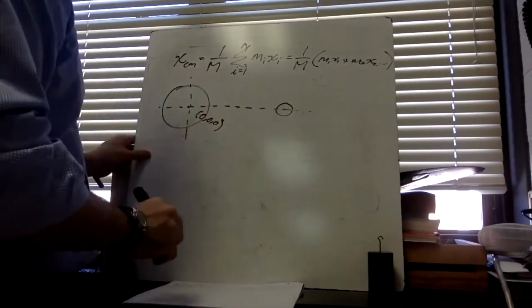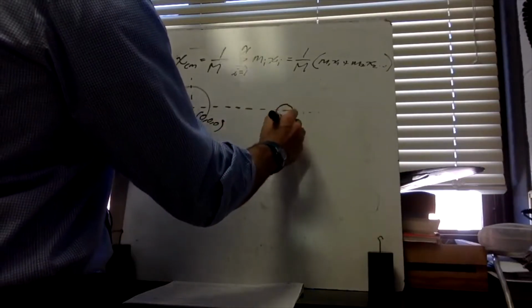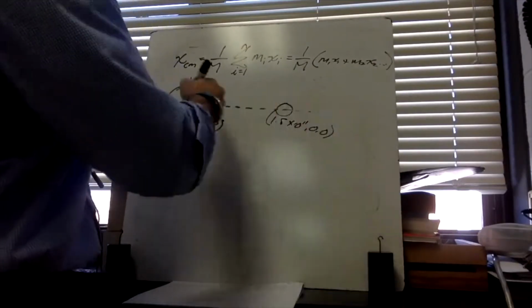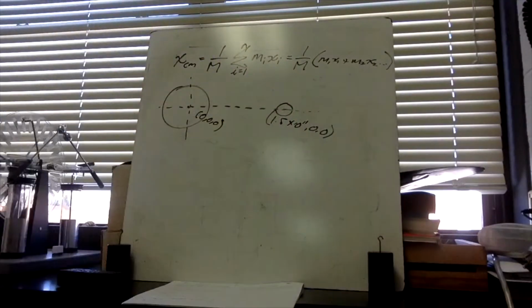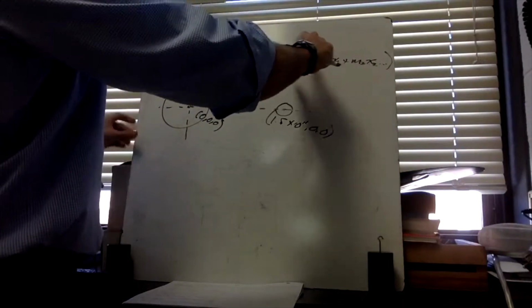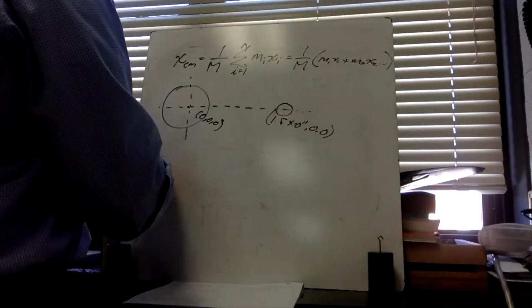And then this is going to be 1.5 times 10 to the 11th, 0, 0. Those are X, Y, Z coordinates for the Earth's center of mass with respect to the center of the Sun. Okay, now what? Well, we take this and we just fill it in now. So X center of mass